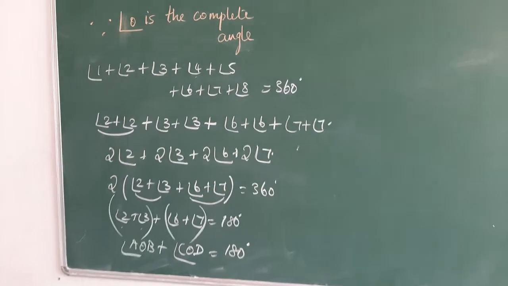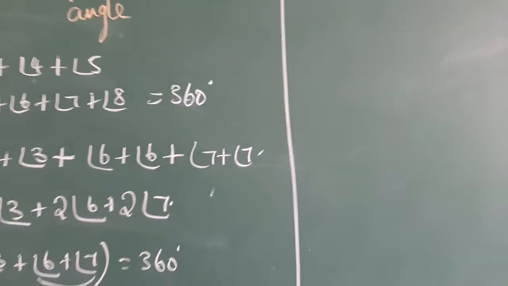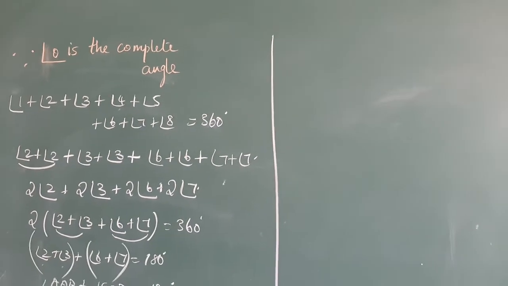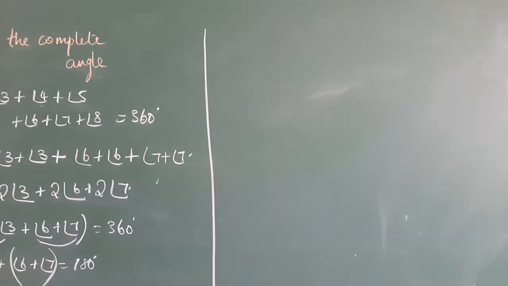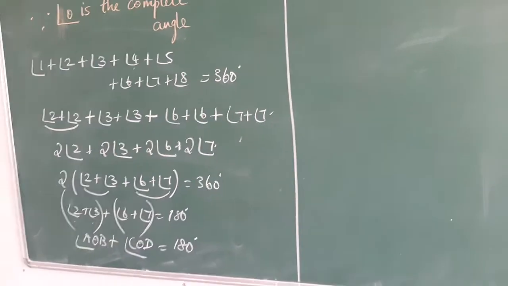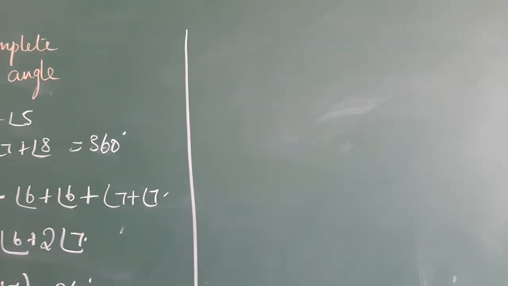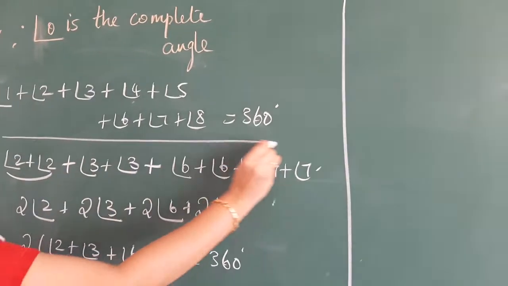We need to prove for the next pair of opposite sides also. What is the next opposite side? Side BC and side AD. The same way you need to prove for side AD and BC, but you need not follow all the steps. Simply continue with this step.